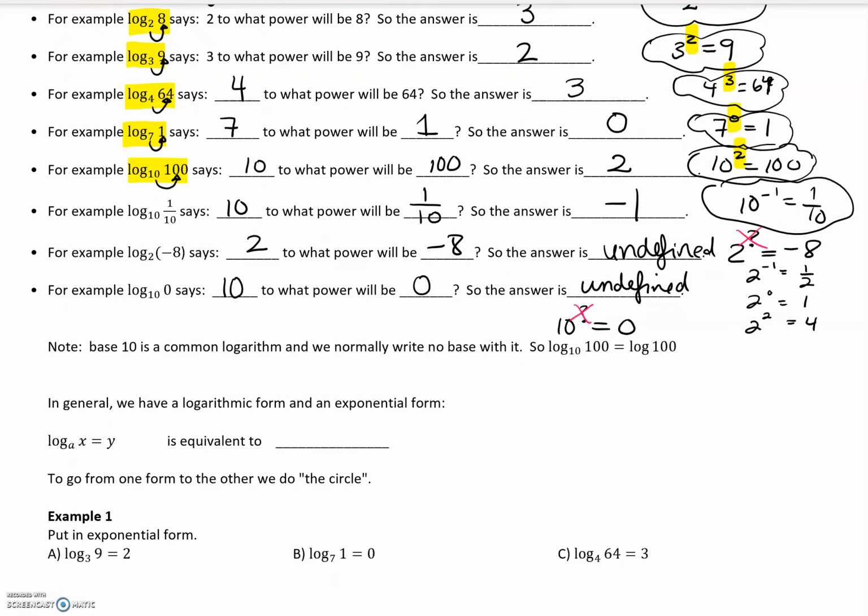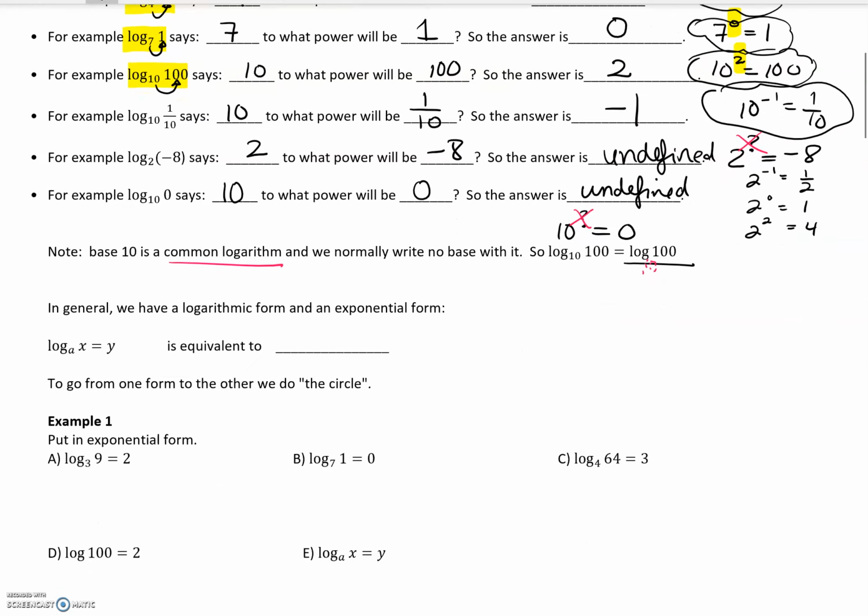Some things to note: base 10 is a logarithm that's a common logarithm. So we're going to end up not writing the base at all. I put it in the previous examples, but the minute you see log of 100, you're going to automatically assume there must have been a 10 there because that's a common logarithm. It's technically left out. In general, based on the examples we just saw, log base a of x equals y is equivalent to saying take a, raise it to that exponent that got spit out,